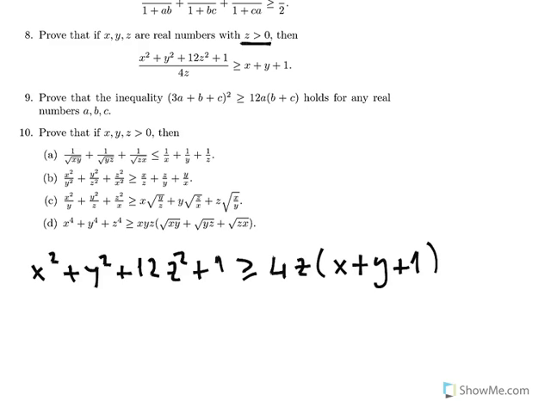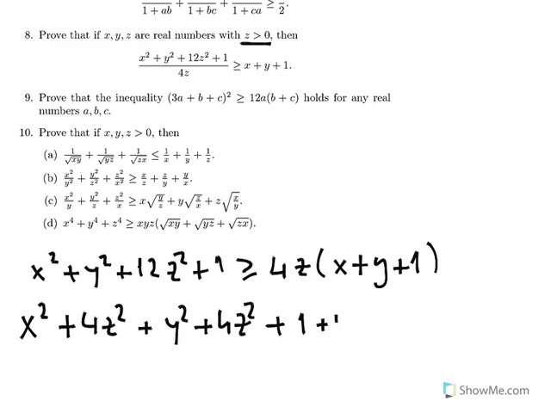Well, if we separate this 12z squared, if we write this as x squared plus 4z squared plus y squared plus 4z squared plus 1 plus 4z squared. Well, for these terms, if we group them like this,